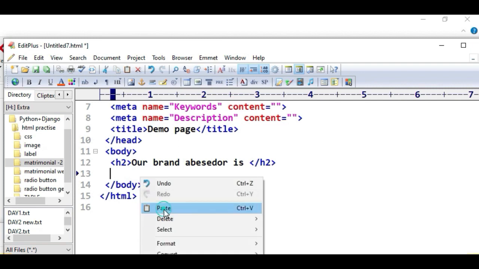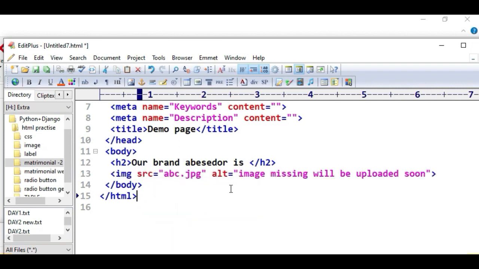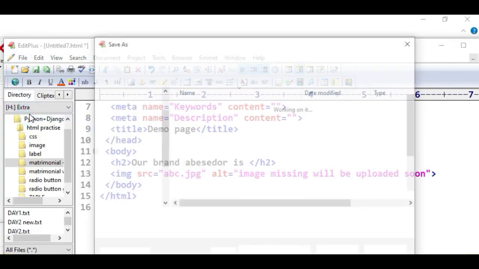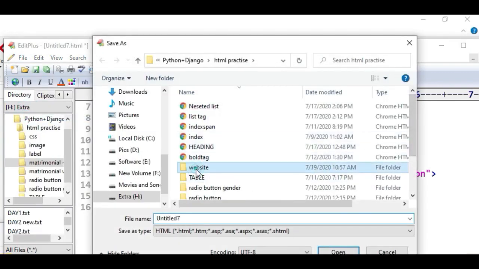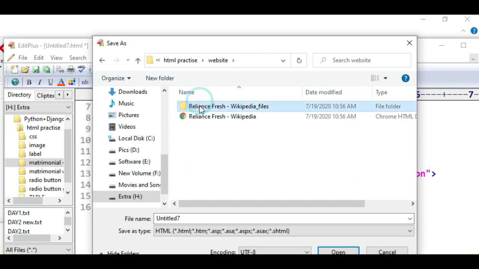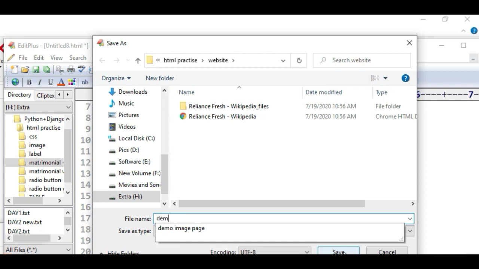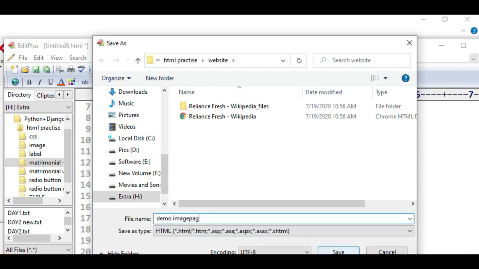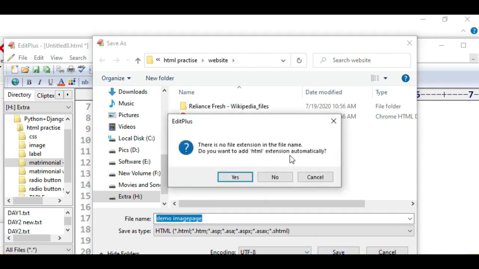So now we are writing here the image with src jpg. Now I am going to save my page inside website, demo image page, save.